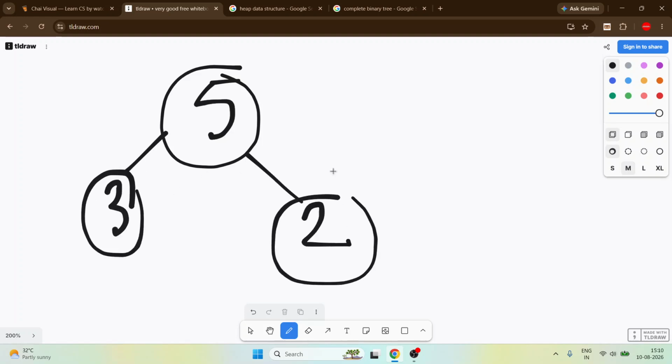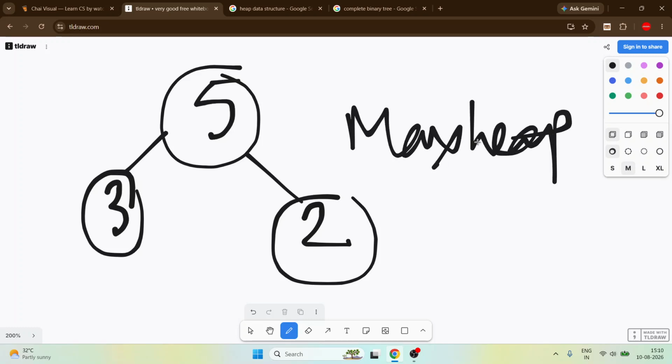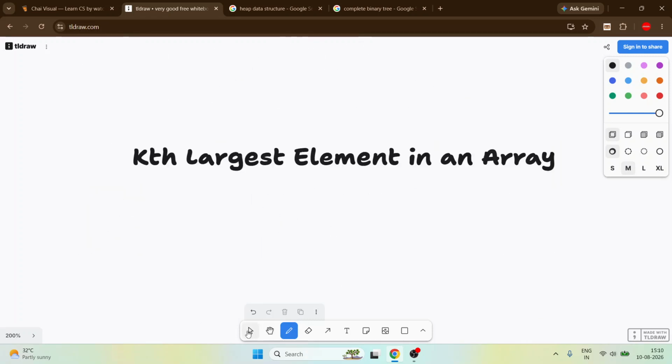This is a simple heap. This is called a max heap. And what is a max heap? A max heap is where every child node value is less than its parent's. Here you can see 5 is greater than 3, 5 is greater than 2, and also